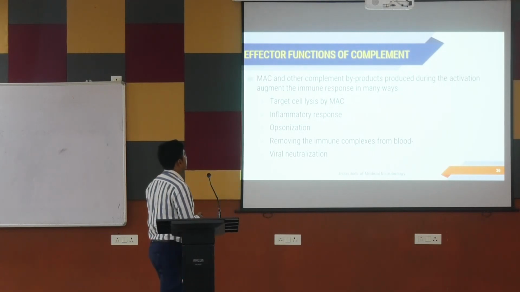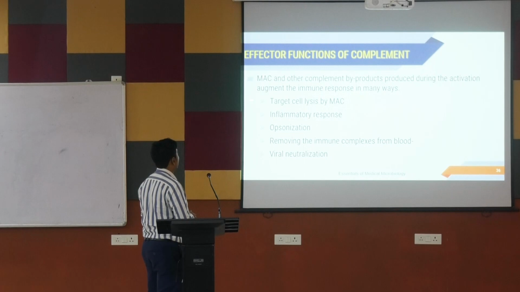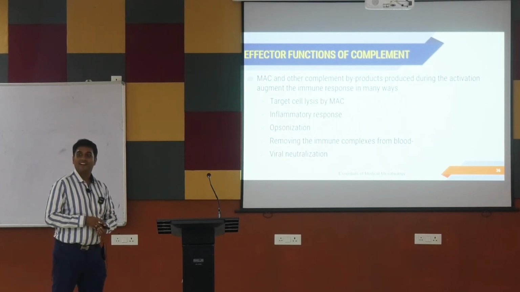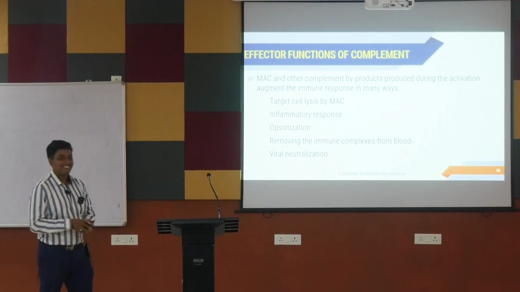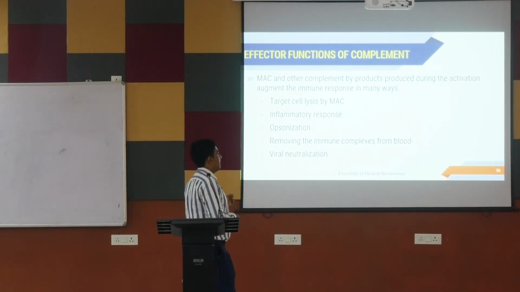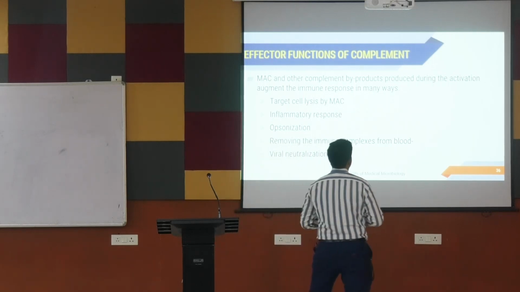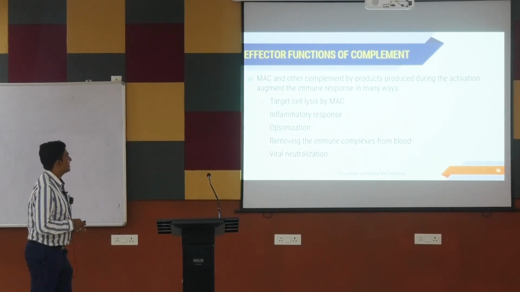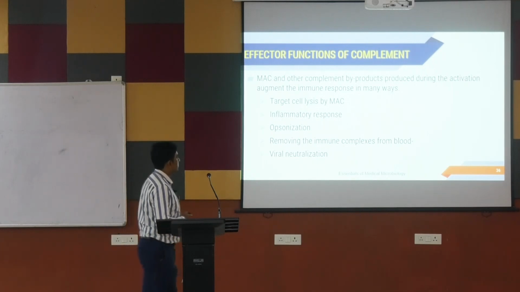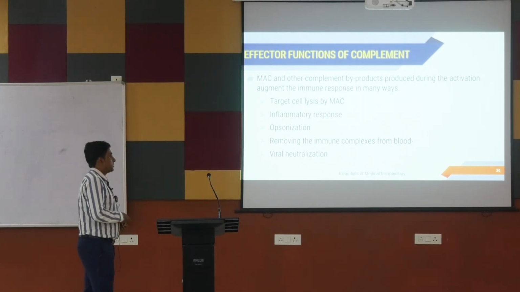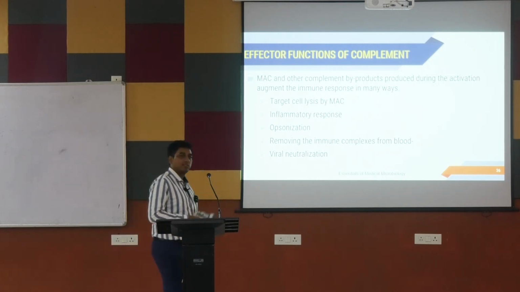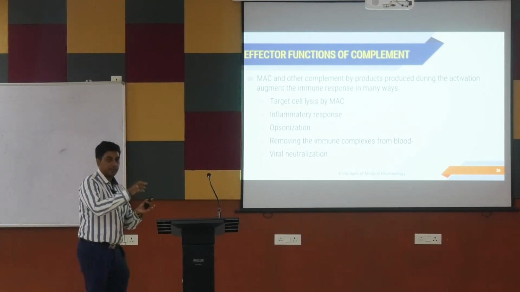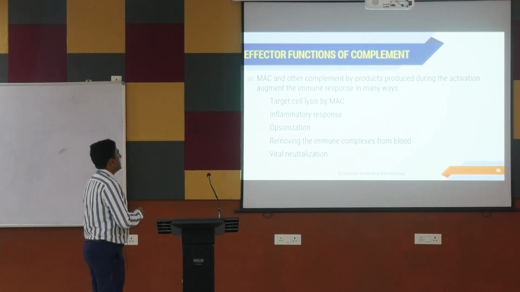The membrane attack complex and other complement byproducts produced during activation augment the immune responses in many ways. কিভাবে অগমেন্ট করছে? টার্গেট সেল লাইসিস করছে বাই মেমব্রেন অ্যাটাক কমপ্লেক্স, ইনফ্ল্যামেটরি রেসপন্স, অপসোনাইজেশন, রিমুভিং দ্য ইমিউন কমপ্লেক্সেস ফ্রম ব্লাড অ্যান্ড ভাইরাল নিউট্রালাইজেশন। টার্গেট সেলকে লাইসিস করছে, ইনফ্ল্যামেটরি রেসপন্স, অপসোনাইজেশন মানে হচ্ছে একটা ব্যাকটেরিয়াল সেলকে ফ্যাগোসাইটোসিসের জন্য তুলে দেওয়া, রিমুভিং দ্য ইমিউন কমপ্লেক্সেস ফ্রম ব্লাড অ্যান্ড ভাইরাসকে নিউট্রালাইজ করছে।